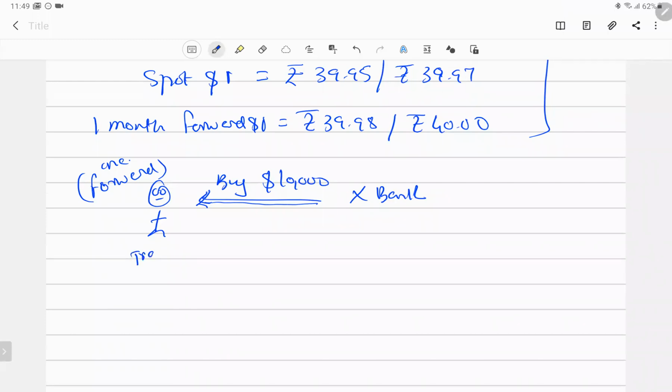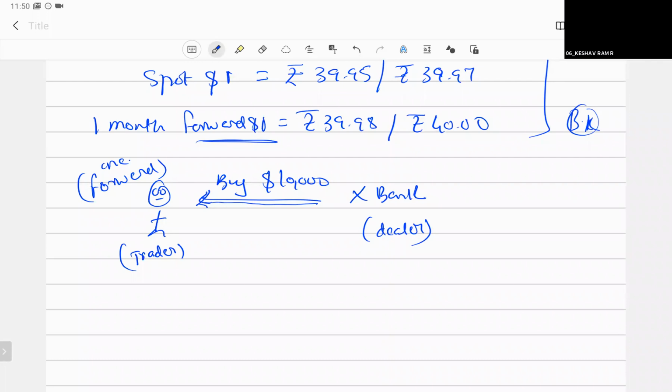You're a trader and the banker is a dealer. You as a trader require $10,000. As I already said, you have to interpret the exchange rate from the banker's point of view. This is your left hand currency. The left hand currency will be bought at the bid rate and sold at the ask rate by the banker. You're getting the point or not? Yes, sir.